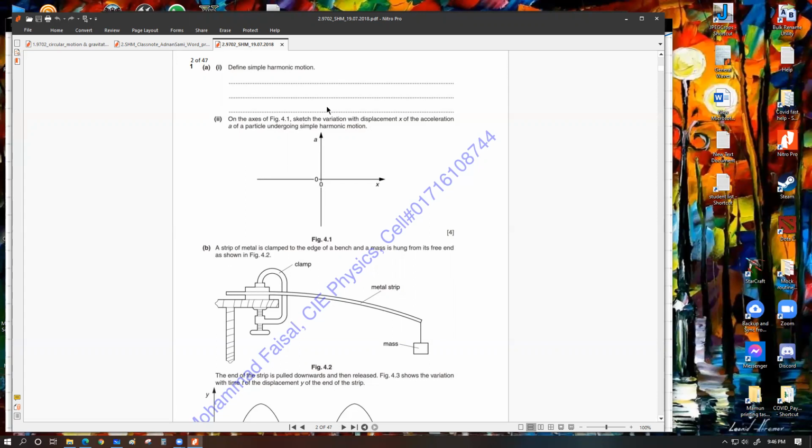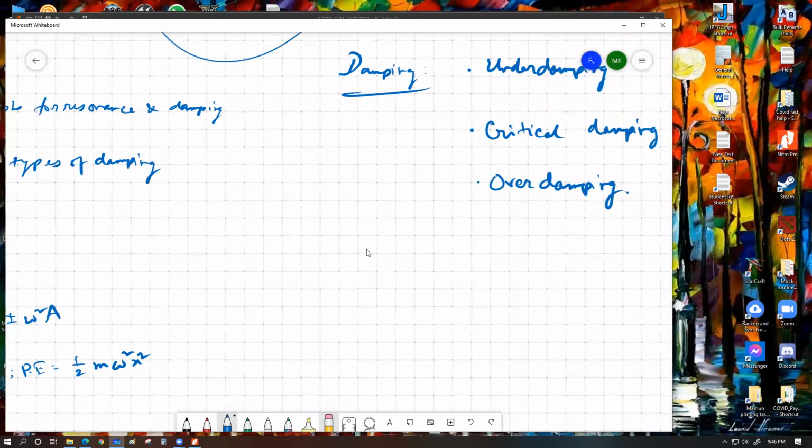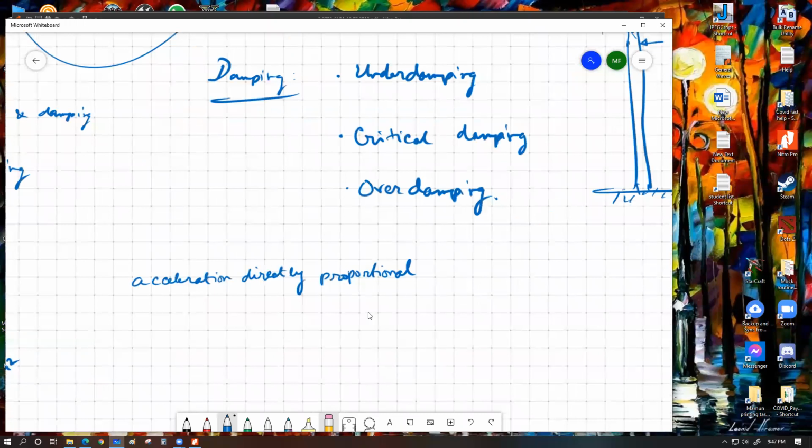So how do we write the definition of simple harmonic motion? If I was writing the definition, I am going to write it in this format. I would write the definition of simple harmonic motion like this: acceleration directly proportional to